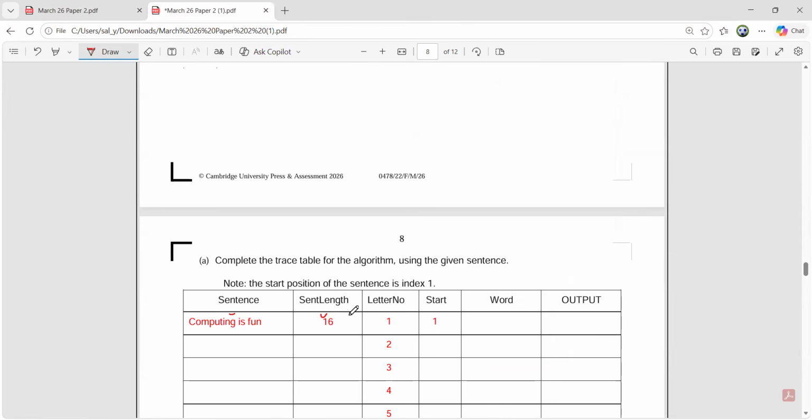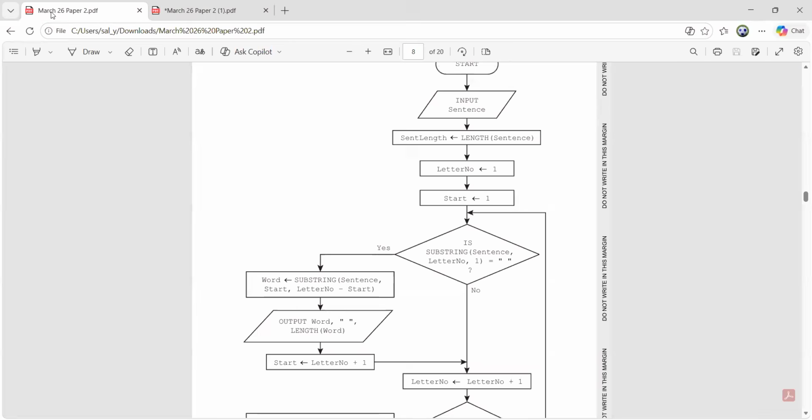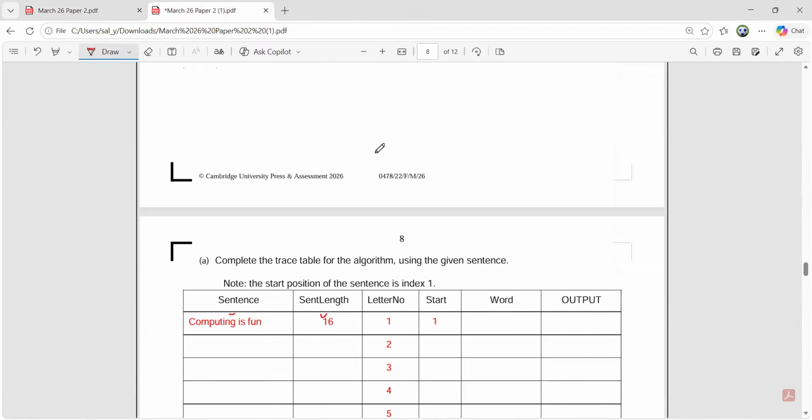That was 16 because this whole sentence is composed of 16 letters, or you can say the length of the string is 16. Now moving on one by one. Letter no equals 1 and start equals 1. You can see these two columns' initial values are 1 and 1. Moving down,